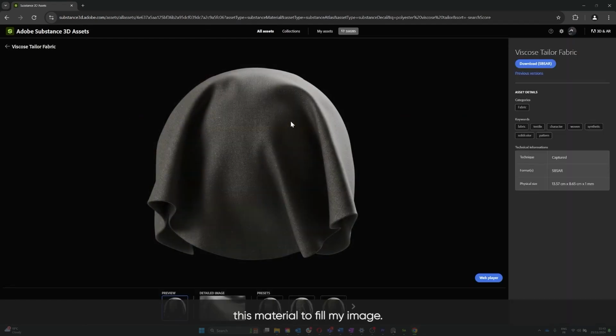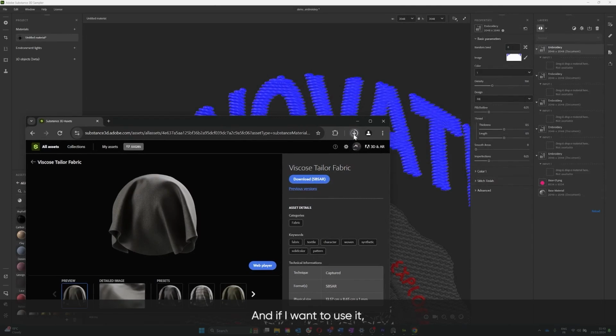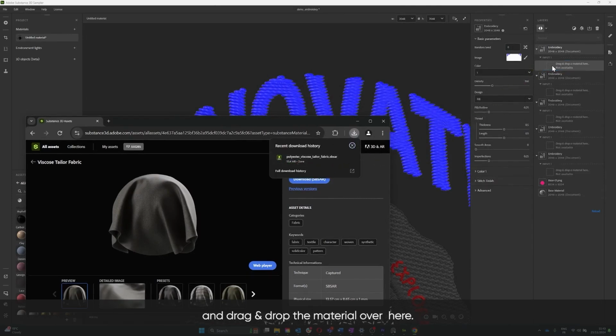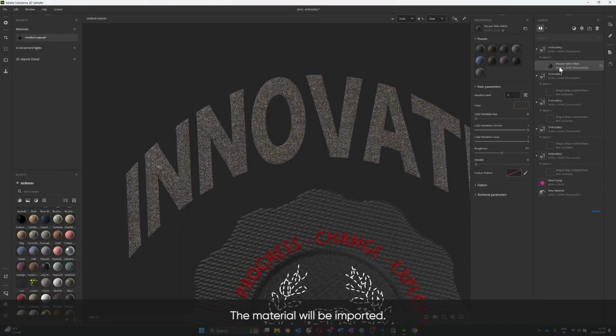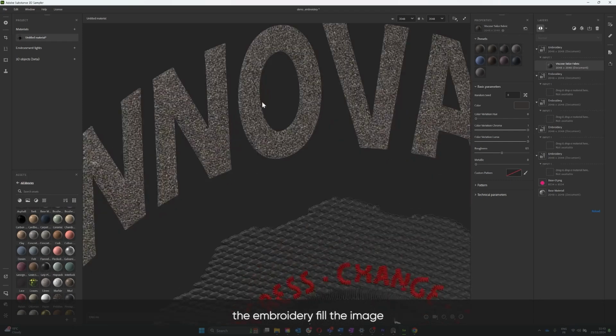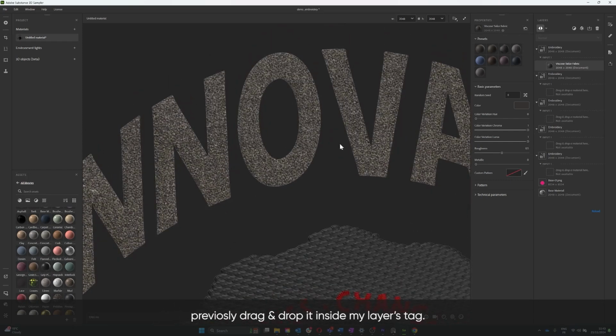So I'm going to use this material to fill my image. I'm going to click download. The material will be downloaded on my computer, and if I want to use it, I'm going to select the material and drag and drop the material over here. The material will be imported, and as you can see, automatically the embroidery fills the image previously dragged and dropped